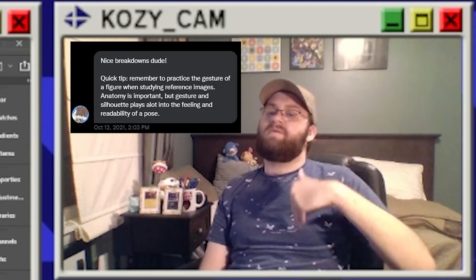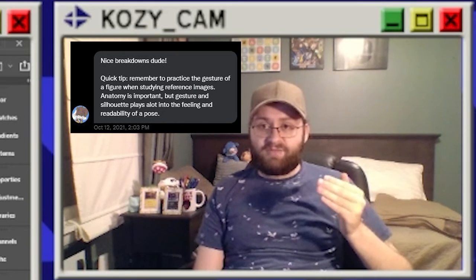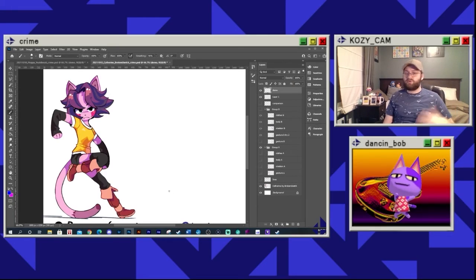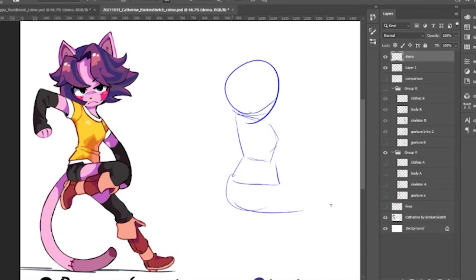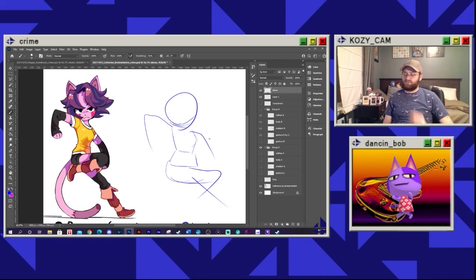And the reason I decided to do this one next is because Alan sent me a message. He told me that if I'm gonna do this again, I have to figure out the gesture. Now, gesture is just finding the form of the shape. So, like, here's the gesture, this is just like a super simplified form. We're gonna exaggerate some of this, right? And so I wanted to do this one because this was a really good example of gesture.